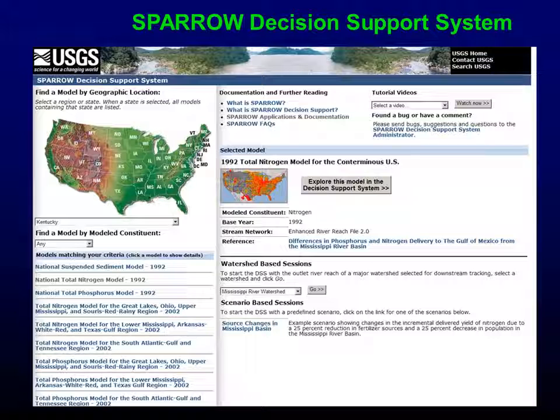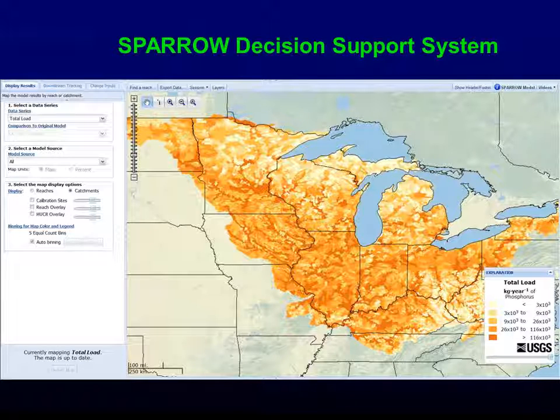We also have another tool, which is more for the scientists. What we have here is what we call our decision support system. If you go into there, this would be the first page you would see. So you get the U.S. If you clicked on any individual state, let's say you clicked on Wisconsin, it would isolate to only the models that are available for Wisconsin. Then once you pick the model, you click over here, you can explore it, and you'll see the results for that particular area. So this is the MRB3 Sparrow model for that area.